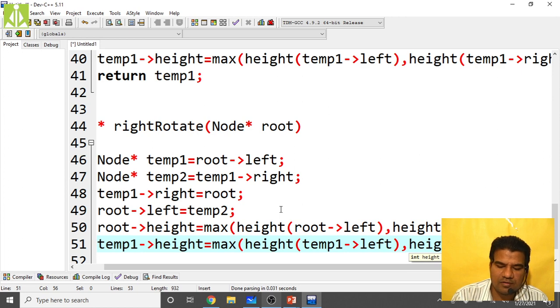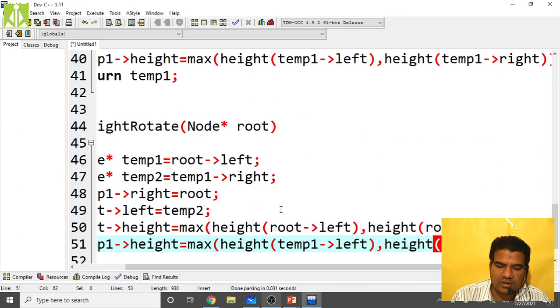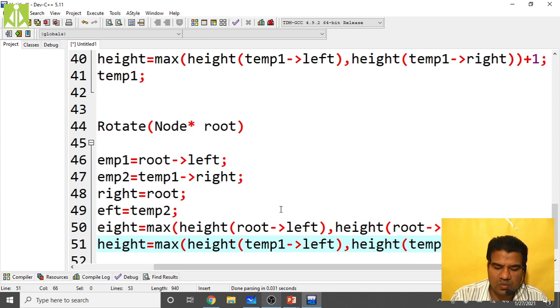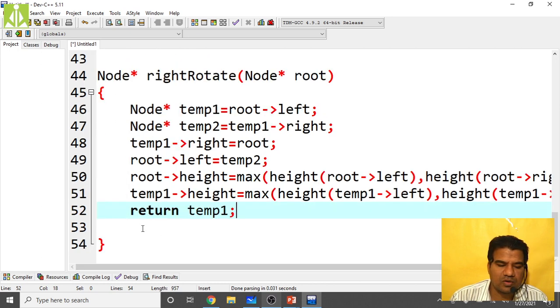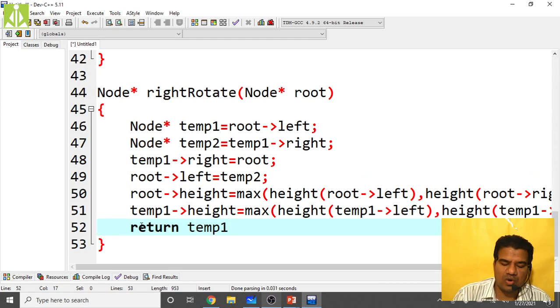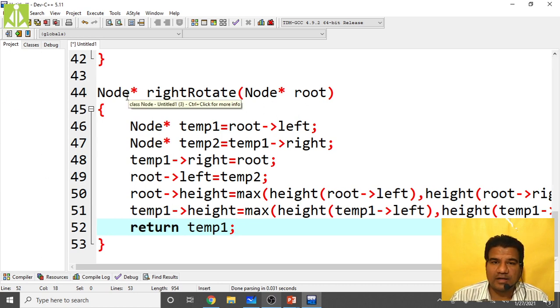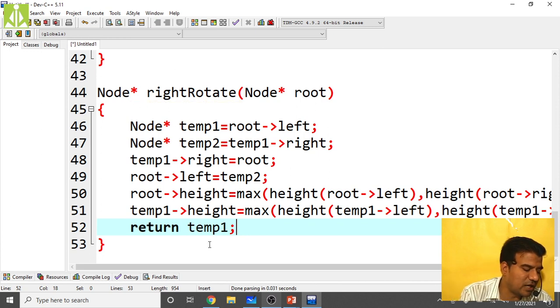Okay, add plus 1 to it. At the end put the semicolon, then return temp1. That's it. So these two operations, as I told you, when you are practicing the code, simply do module by module, and this much code is enough to perform the right rotation.